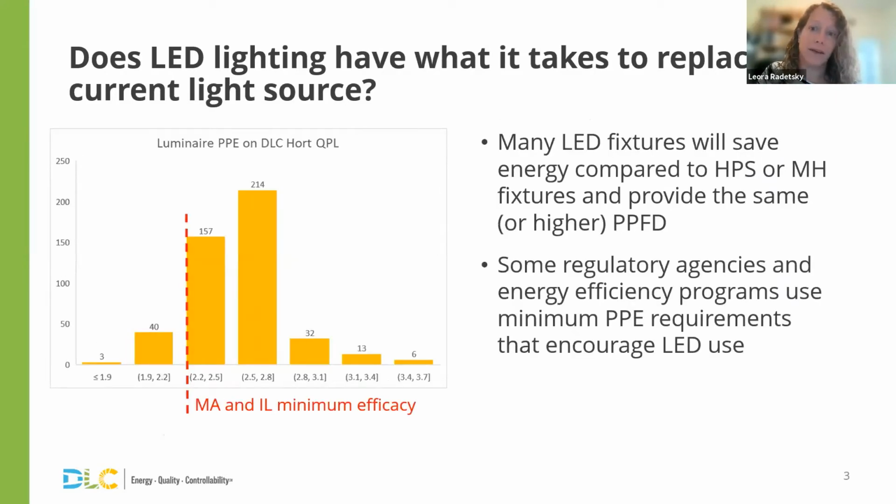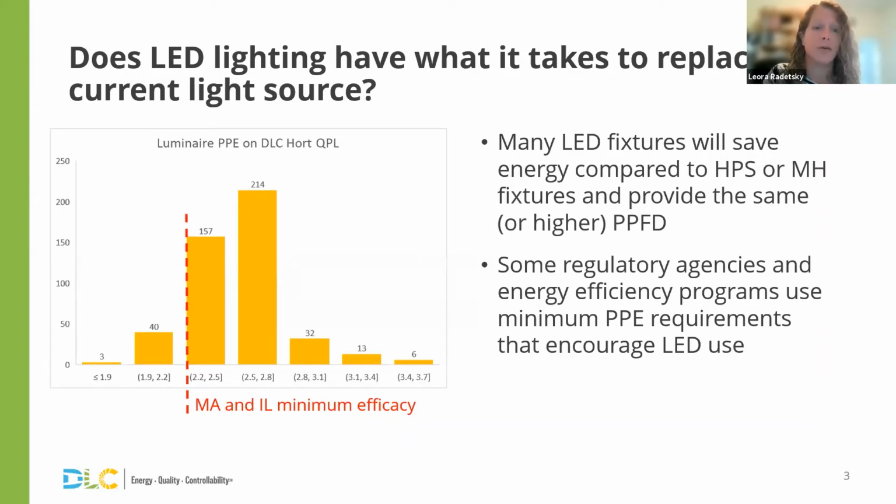Now, the other side of this is the energy side, right? Of course, you want to make sure that you're providing the DLI that you want to provide, the PPFD that you want to provide, so that you can grow your crop and optimize that crop, right? Even if you choose the same PPFD or even a higher PPFD than you're currently using, with LED, you can save energy because their efficacy is as high as the best performing HPS product, and in some cases, 50 to 70% higher, as you can see from this graph. You're going to be saving energy and being able to provide the right light levels.